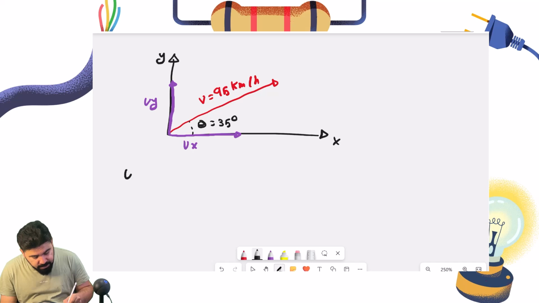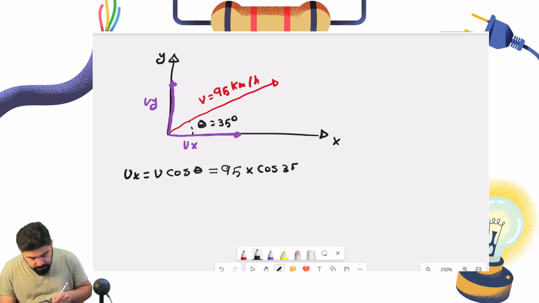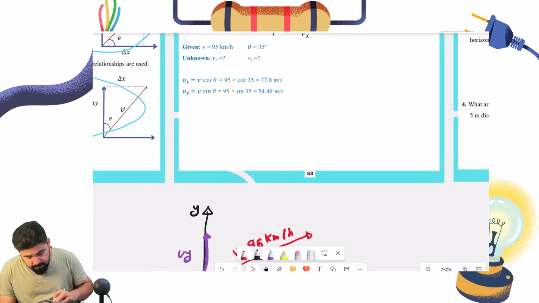So we have vx, which is equal to what? It is equal to v cosine theta. Why did I say cosine? Because the angle is made with the x component. So we have v equal to 95 kilometers per hour multiplied by cosine of 35. Okay, the result is equal to